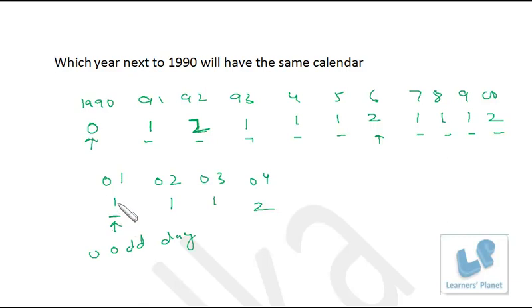Okay, so 1990 0 odd days. If 1990 is 0 odd days, 2001 again will be 0 odd days. We are taking 0 for reference only. You can assume it to be 1 also, 2 also. In this sort of question, when we have to check which next year or the previous year will have the same calendar, you can take any number of odd days over here. The only condition is the same number of odd days you have to check for the next coming year or previous year. So here in 1990 if 0 odd days, in 2001 again we are getting 0 odd days, so calendar of 1990 and 2001 will be same.